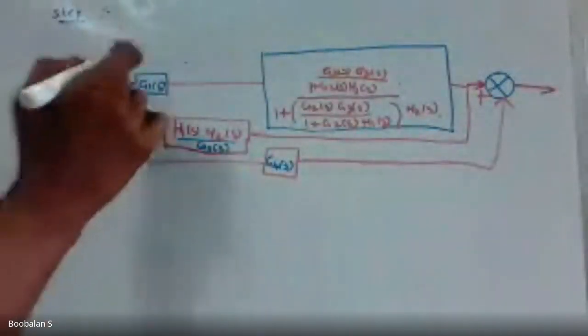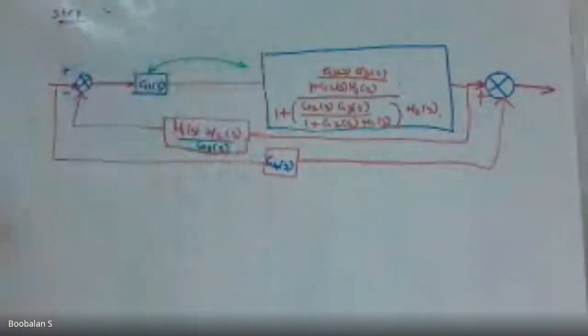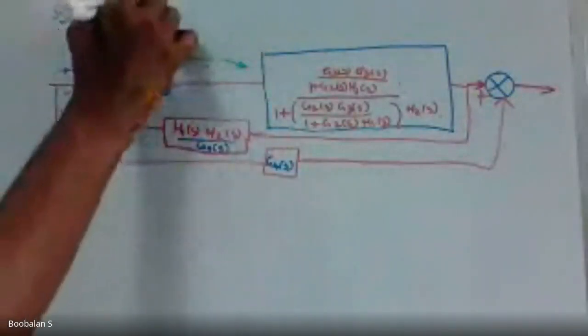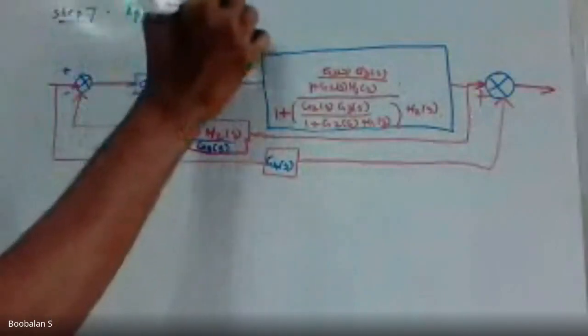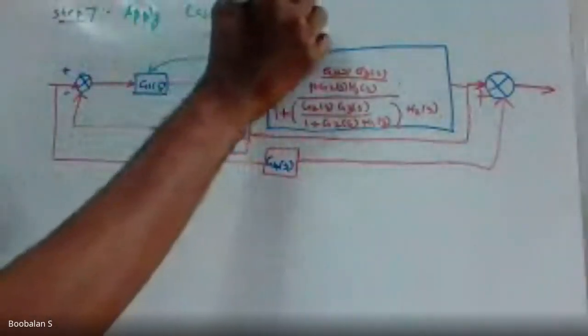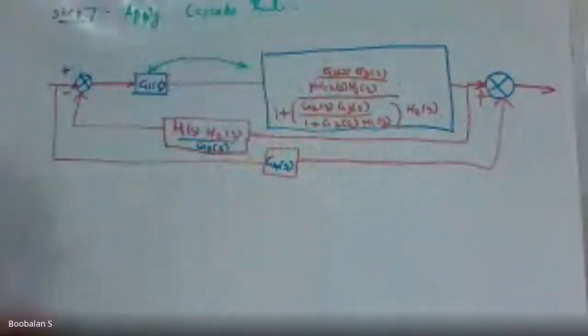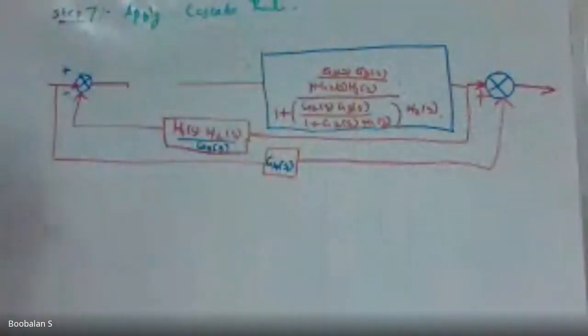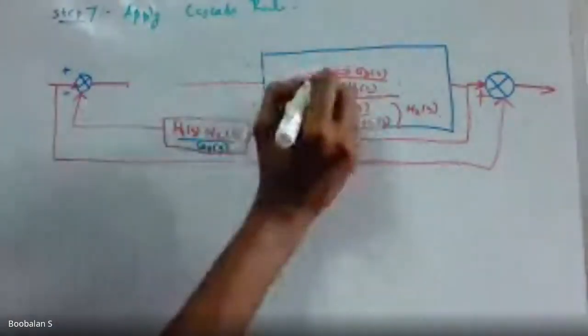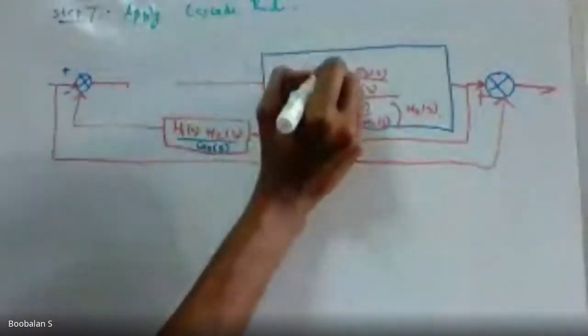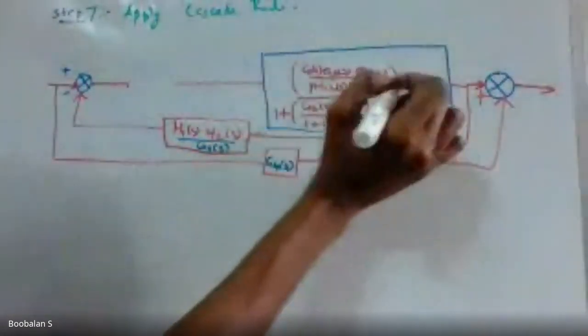Now step number 7. It's very easy. So you could see this block in cascade. Just multiply. Step number 7: apply cascade rule on a highlighted area. Okay. Simply now G1 is multiplied with my numerator. So this is what G1 of X. That's all, right? G1 of X will multiply numerator. Right? Next